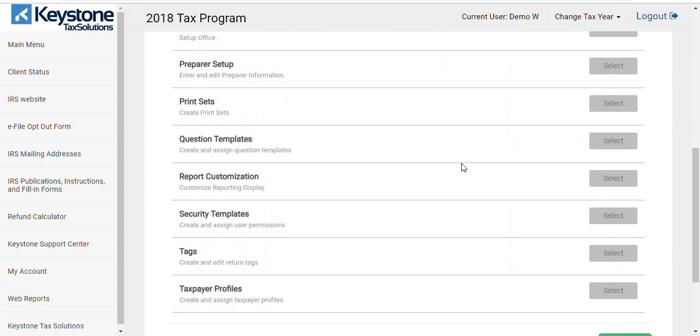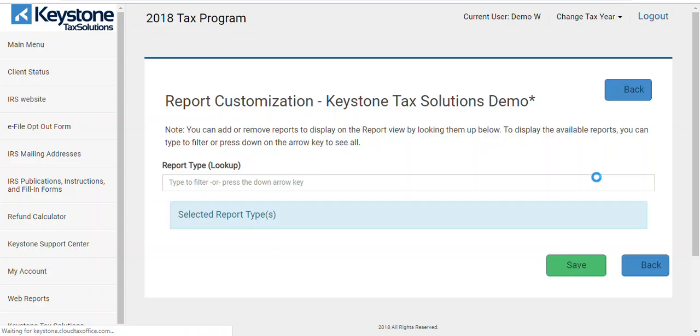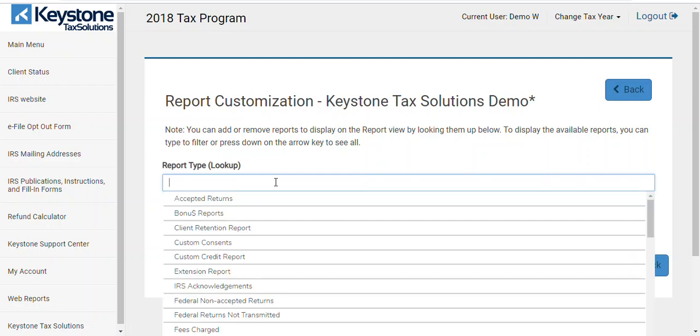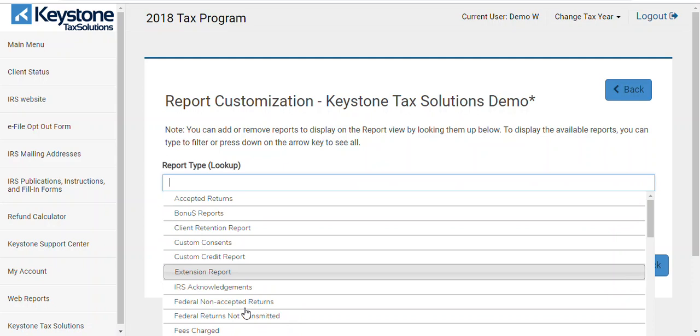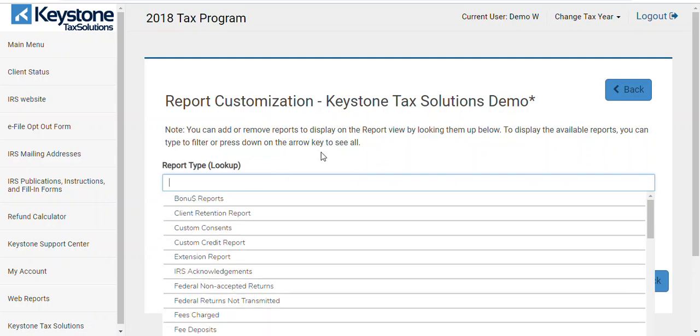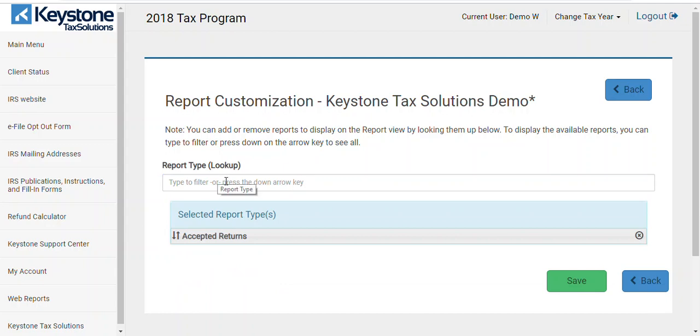Report customization. You can go in here and customize the different reports you want at the same time. I'm just going to hit the arrow down. You can't see it, but I just hit my arrow down, and it gives me all these different reports. Again, you have access to all these reports already, but you can customize them so you don't see reports you don't want. So you have all the reports on the front screen that I already showed you, but